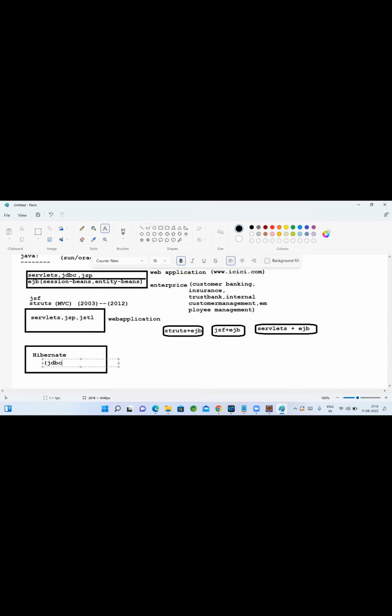Basically, for doing database operations, even with Struts and EJBs, or JSF and EJBs, the components they use are either JDBC, or in EJBs we have components like EJB entity beans, which again use JDBC only. EJB entity beans are also a kind of ORM framework, like your Hibernate.